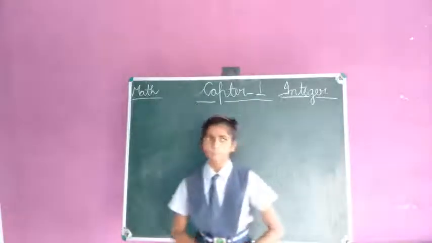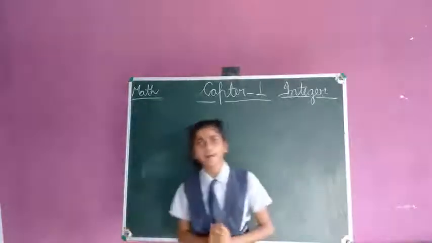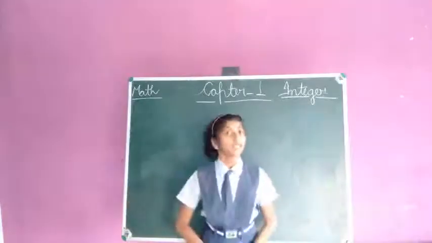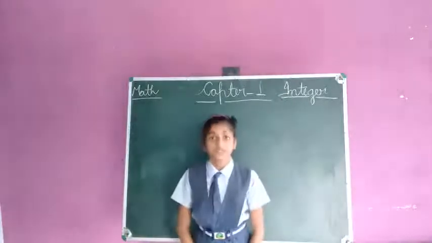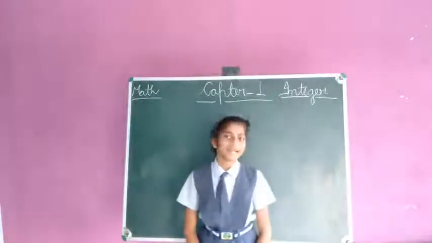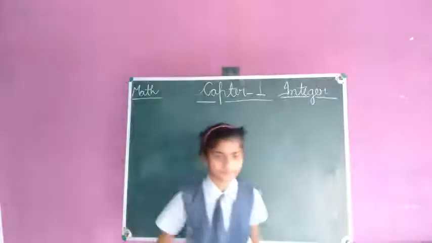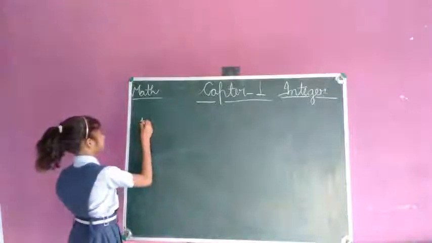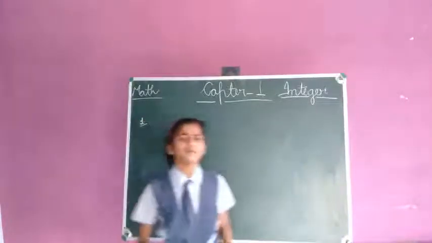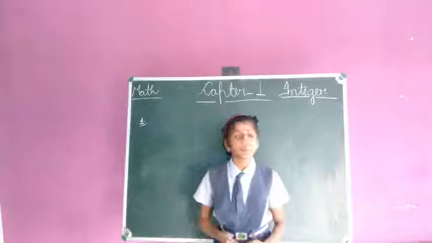Friends, before learning about all the properties, there are two important rules of multiplications. Do you want to learn? So let's learn it. So friends, rule number 1. Rule number 1 is that